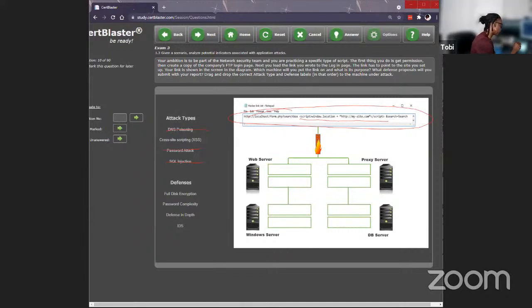Only one of these attacks can be scripted. So the first thing you do is give permission, then create a copy of the company's FTP login page. The login page is typically going to be set up on a web server.